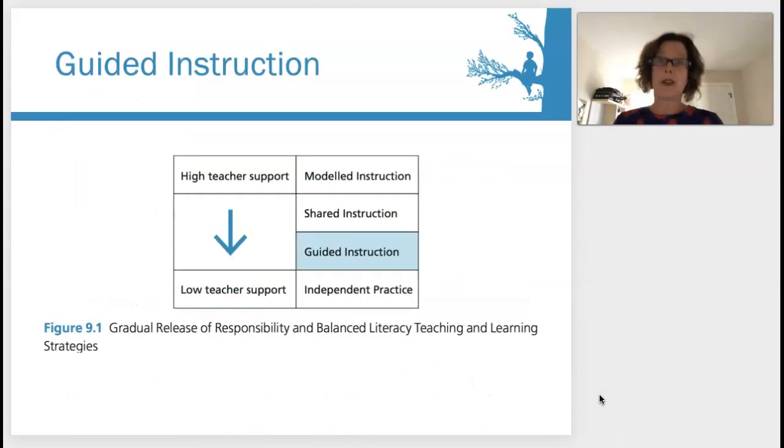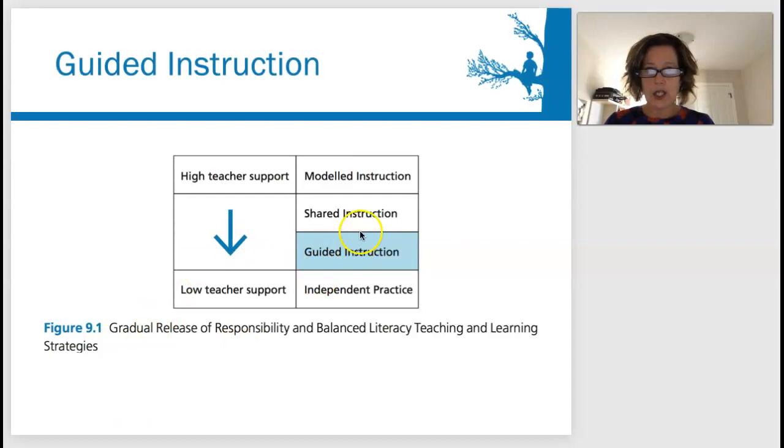You're back. All right, so we're going to go on into guided reading instruction. You can see again that we're moving down the teacher support. We're starting to get them to be more independent. I want to say now so I don't forget,